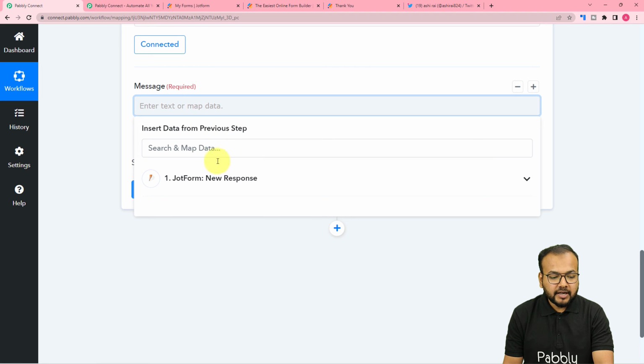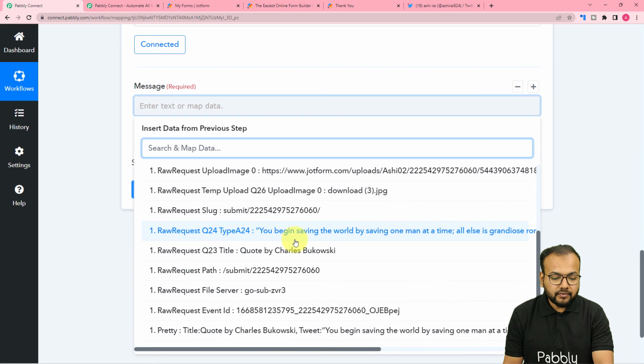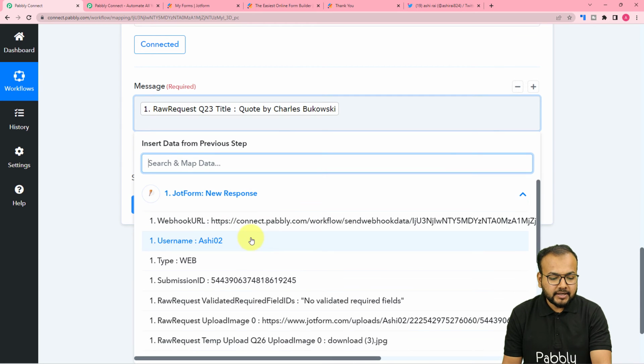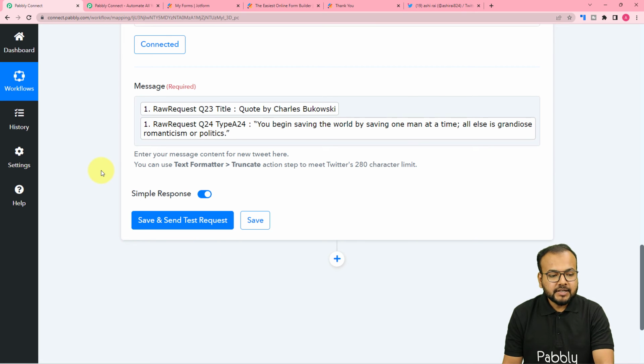Just click here and the trigger step will show up here in the drop down, and when you click on it, you will find all the data right here. So from here you can map both of these labels. Let me map the title as well. Then let me put an enter and let me map the quote. Now you can check your connection with Twitter by clicking on save and send test request, and